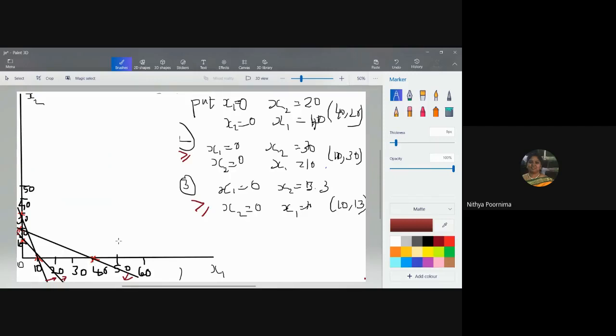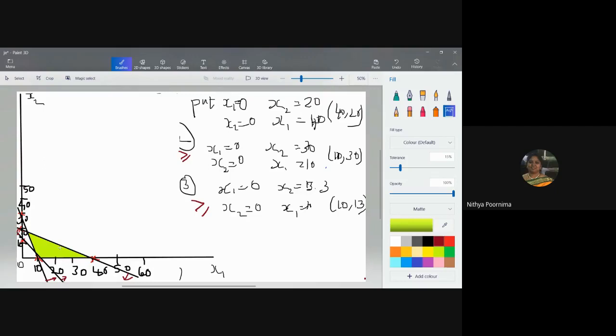This is most important. If you have any doubts here, you can question me. See now, this one is less than or equal to, it's moving towards origin. So the first boundary is formed here. For the second equation, it is greater than or equal to sign, so it is moving away from origin. So it's coming and stopping here. For this equation also, it's moving away from origin. So it's coming from here and it is stopping here. So this is the solution space it has. Is it clear?